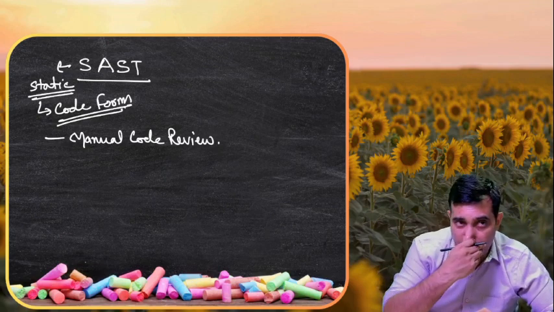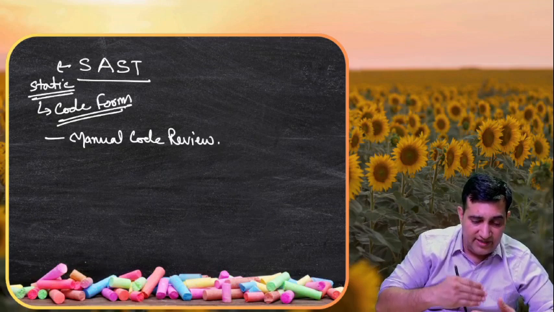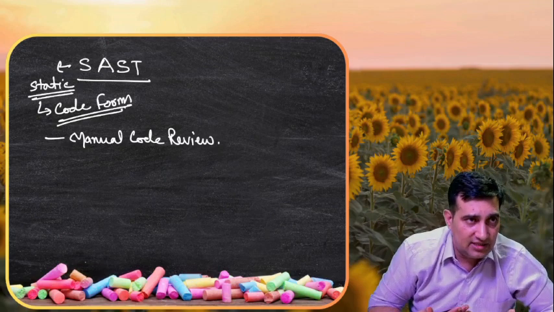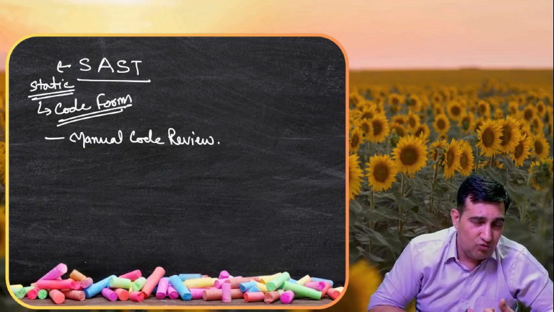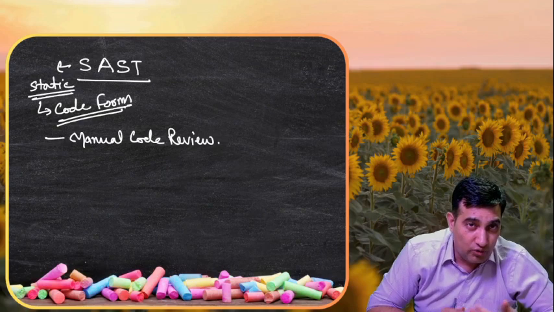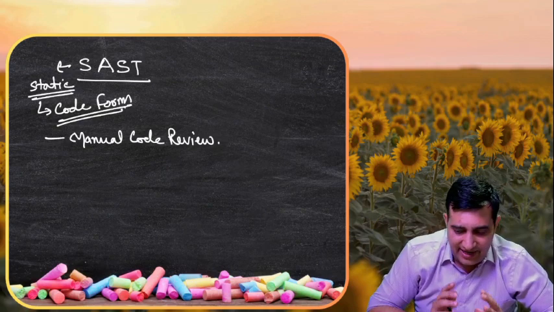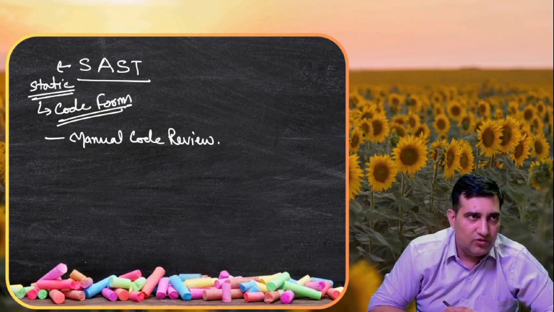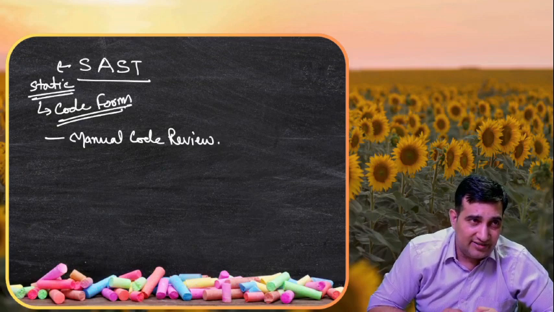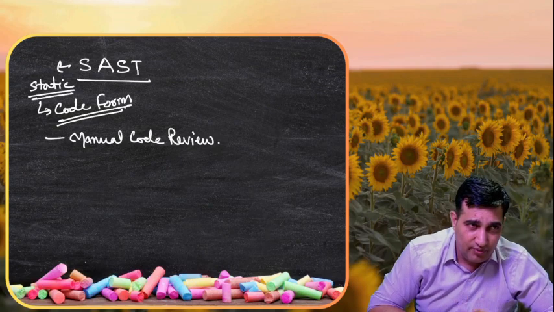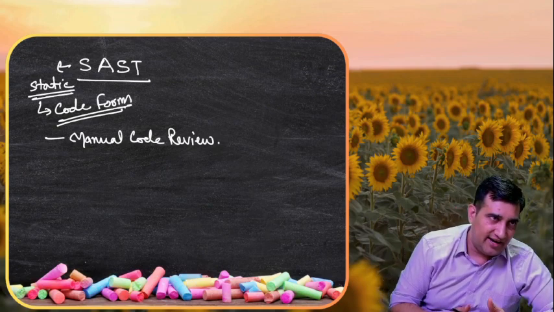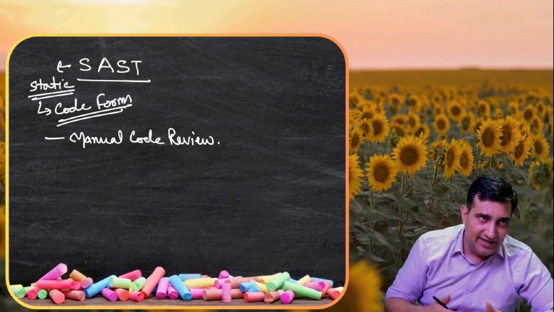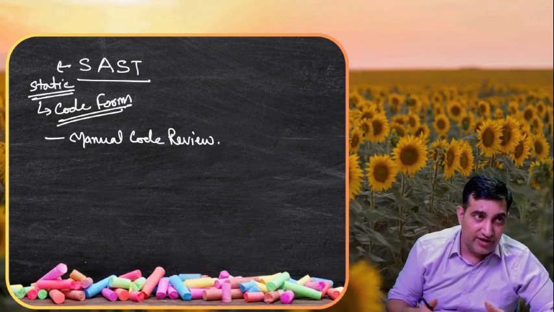Okay, what is manual code review? When the code is manually seen by experienced developers for any kind of syntax issues, any kind of logical flaws, and good programming skills and documentation, that is what is called manual code review. This is a very, very important exercise, because if you are able to identify any kind of vulnerability or bug at this point of time, believe me, this is very early in the entire software development. So then and there, without wasting any time and effort, you can fix it.